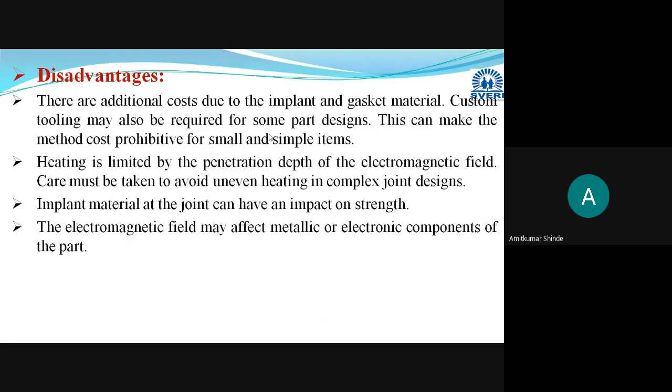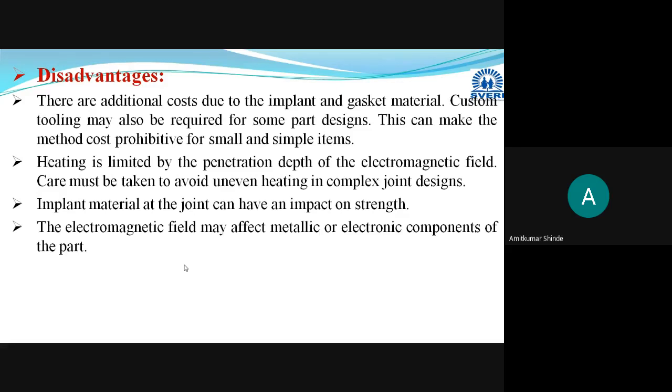Then sometimes, heating here is obtained due to the skin effect. That's why the depth of penetration is limited.